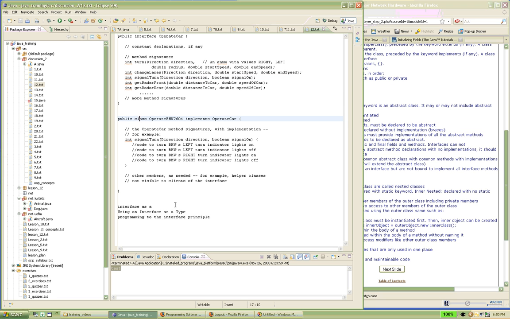And another thing is, there is a concept called the programming to the interface principle. Programming to the interface principle, what it says, I think